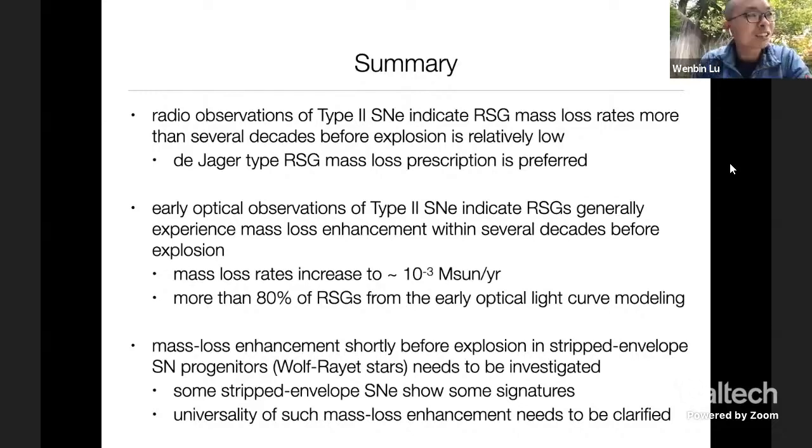Hi, very nice talk. So how do we know about the asphericity? How to say about the CSM? Yes. So here, what I talked about is I assume totally spherically symmetric circumstellar matter, but the circumstellar matter can be clumpy, and of course can be asymmetric as well, as you said, and this can be investigated through the shape of the spectra if we can take them, and from the light curve